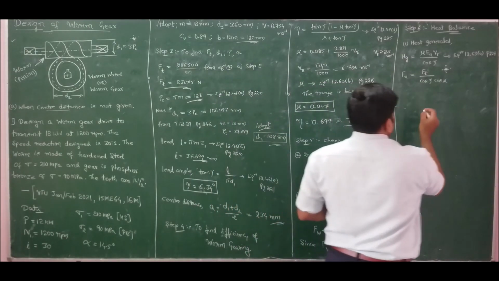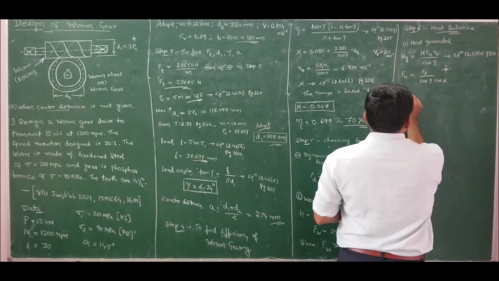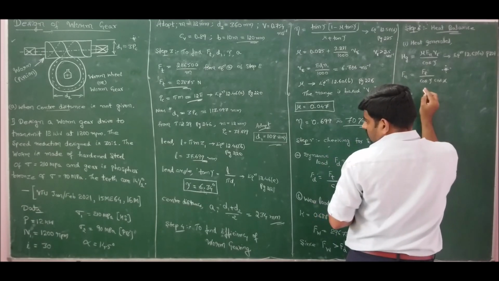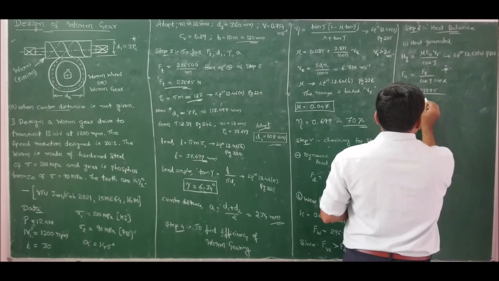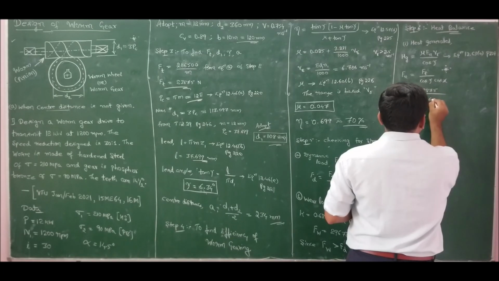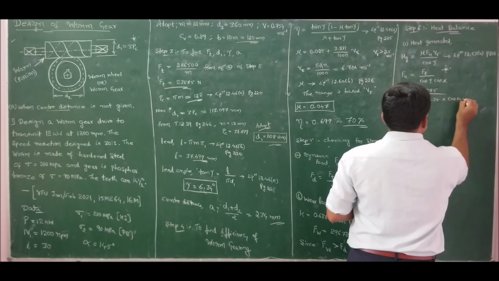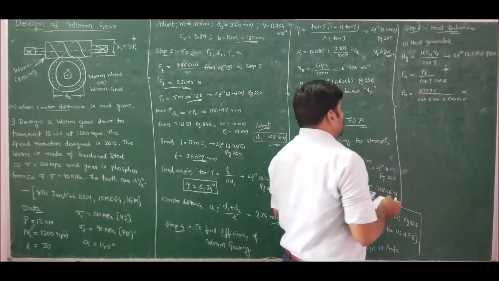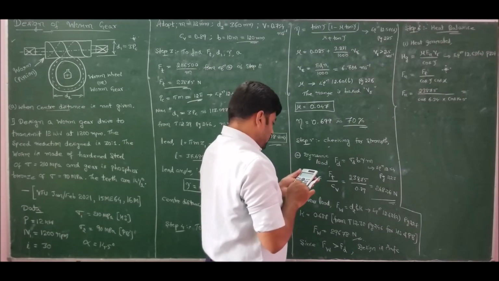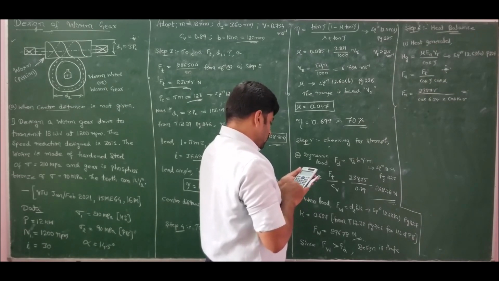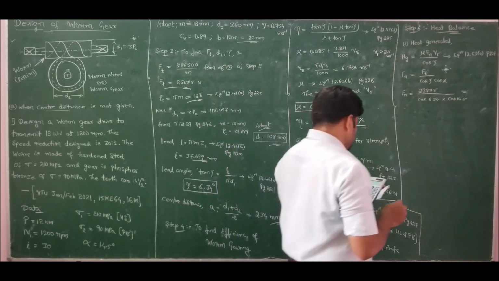So if I substitute and solve, Ft is known to us, which is 23875, divided by cos of lead angle 6.34 into cos of alpha 14.5. So therefore normal load is 23875 divided by cos of 6.34 into cos of 14.5 degrees, which is